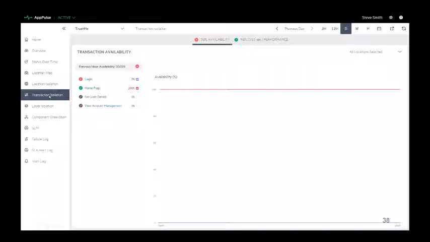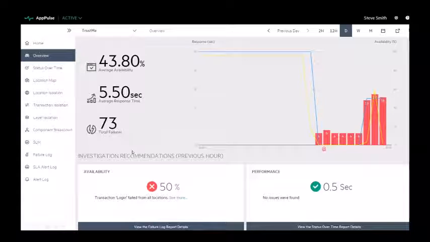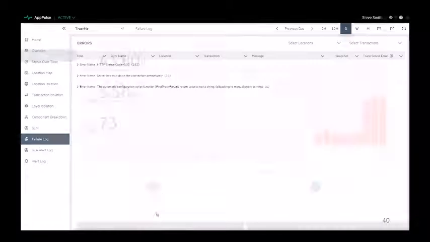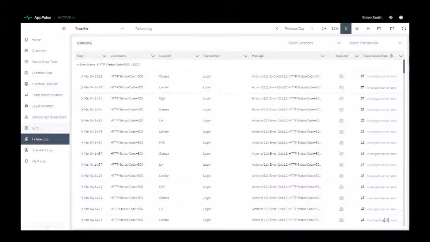So she wants to drill further down, so she goes back to the overview screen, and on the overview screen she's going to drill now into the transaction failure report. When we go into the transaction failure report, she sees here a transaction with an HTTP code of 500. She expands the transaction, and she notices that the transaction fails from all the locations. At this point, she wants to drill further down and see what actually happens on the back end. And for that, she now drills into the trace